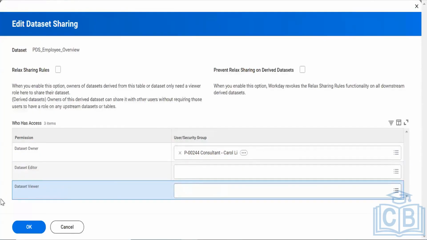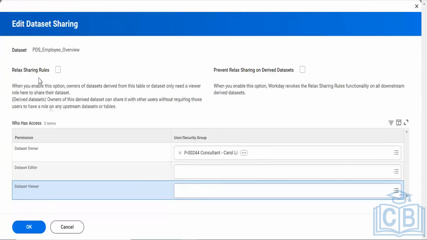Here in viewer, you will add only the people who don't have any of this access and who only want to view it, not edit or own it. Viewer access is just to view it. If someone owns it or has edit access, they will definitely be able to view it without needing to be added again. We only give viewer access to people who don't have owner or edit access. This is for sharing only.